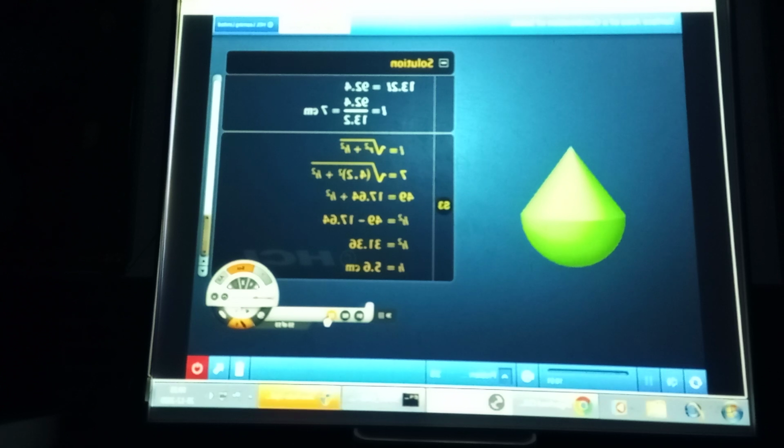Now that we know the slant height and radius, we put in the values and find the height of the cone. सभी करें अपनी अपनी नोटबुक पे। सभी ध्यान दें इस सम को। एच कितना आ गया हमारे पास 5.6 सेंटीमीटर। ठीक है, तो ये थे हमारे कुछ सम, जो हम इनको और भी सम इनमें से लिख सकते हैं।